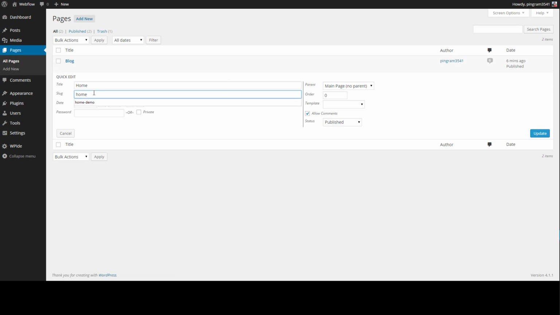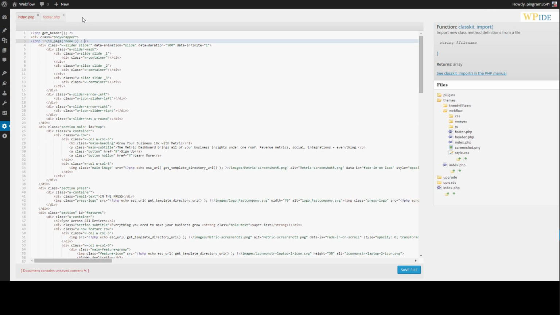Now if we look up that function is_page in the WordPress codex, you'll see that you can also supply the ID of the page, you can supply the title of the page, and of course with every if statement we have to have an ending tag. So what we're going to do is, if it's the home page, we're going to include this content,